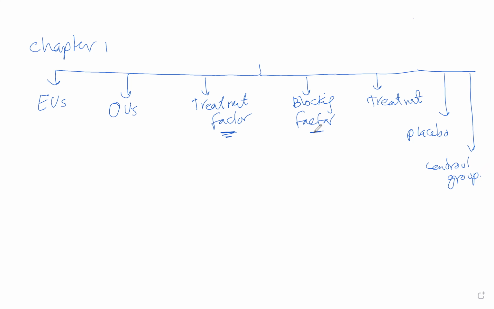The blocking factor is another factor, but I'm not interested in this factor. I know as a researcher, it may affect my results. It may affect my response variable, but I'm not interested in that factor. So I include it as a blocking factor. So the treatment factor is the variable you are interested in. The blocking factor is a confounding variable that you are not interested in, but you include it in your study as a blocking factor to control its effect on the response variable.